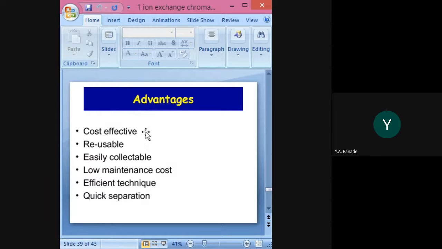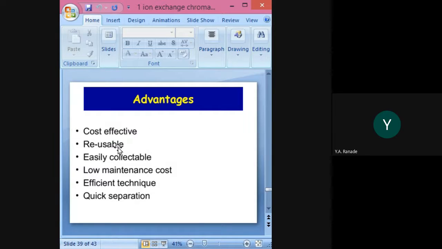While performing the operation, initially you equilibrate the column with the mobile phase. Then the column has the counter ions inside, and you add your sample. Your sample molecules, depending upon their valencies, exchange with the counter ions. The counter ions are eluted out, and your biomolecules are attached in the column. If you alter the conditions, the biomolecules get eluted out, and the column is now ready for regeneration. Now you again add the counter ion solution so that the counter ions get fitted on the column, and you can use the column for the next operation.